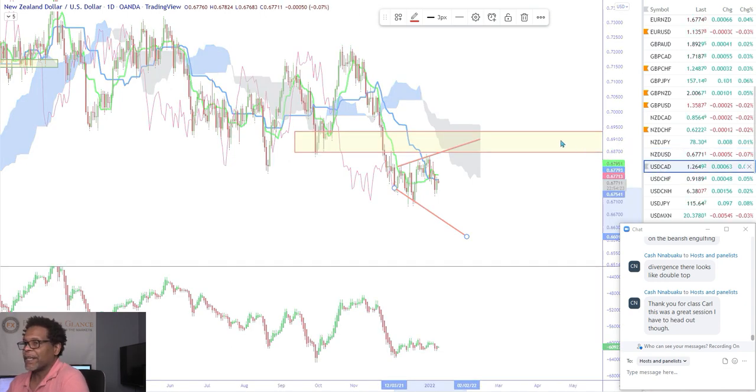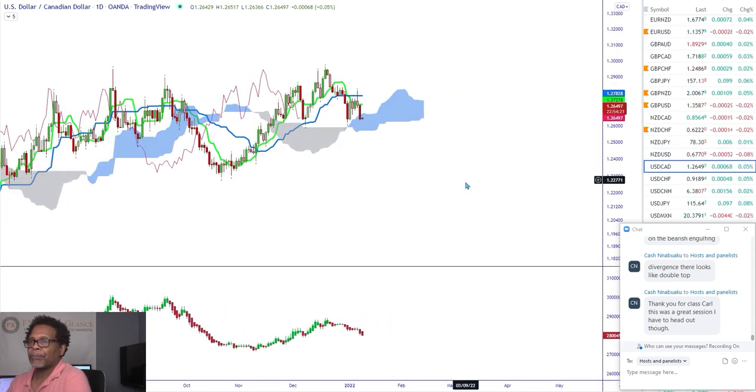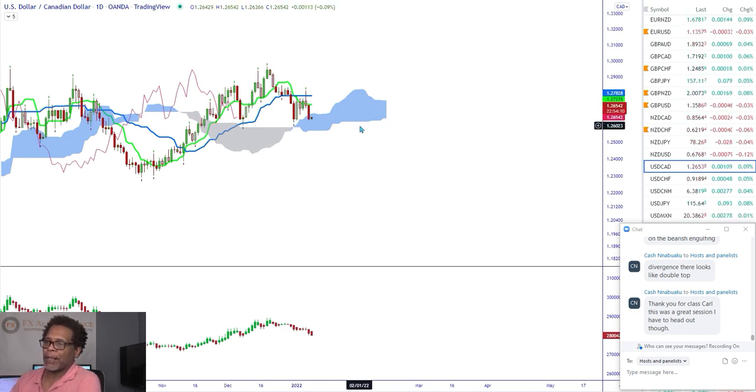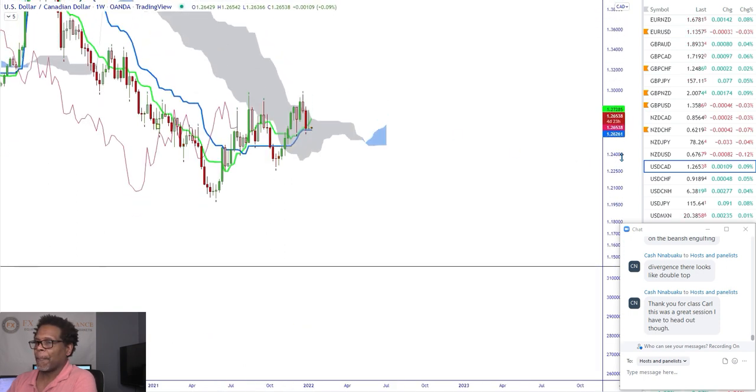All right. USD CAD. Daily time frame. Mixed signals because our crossover is bullish. Chikou spans below price. Future's still bright, but it's flat. All right, so you still got bright clouds, so maybe a break below the cloud would send us to the downside. What's the weekly looking like?